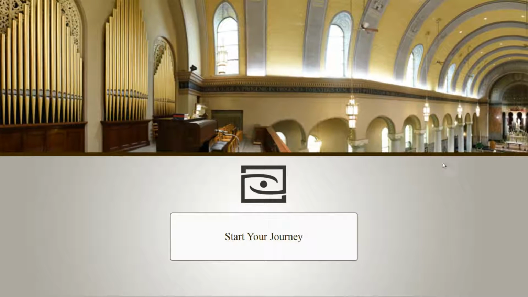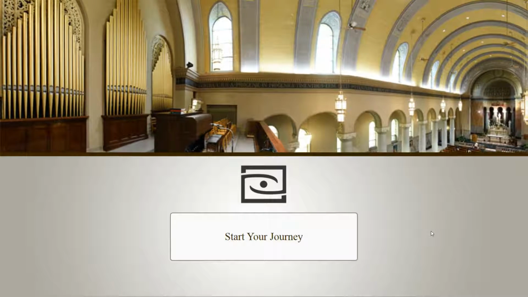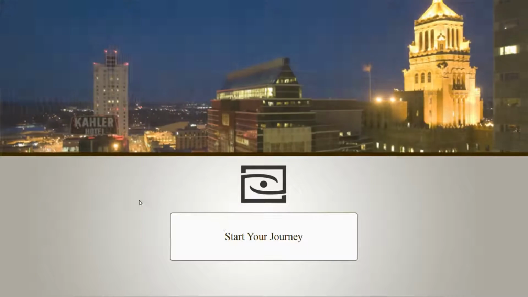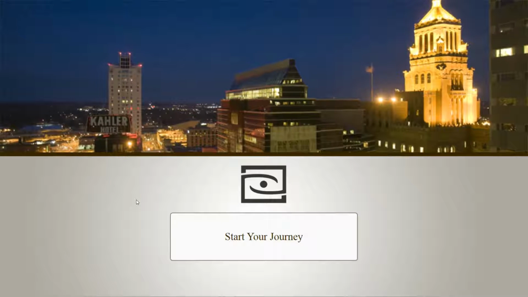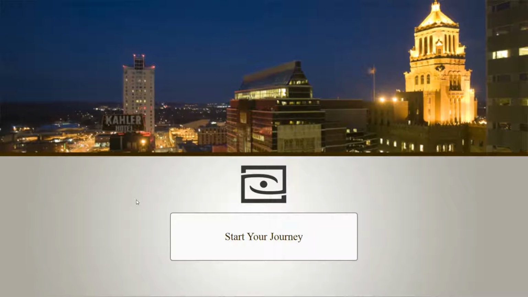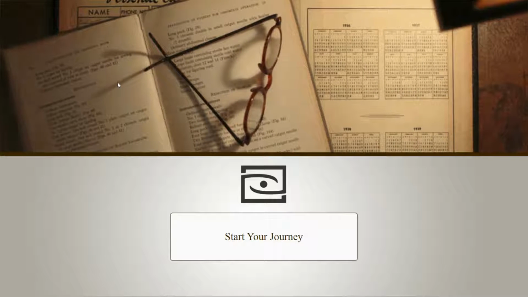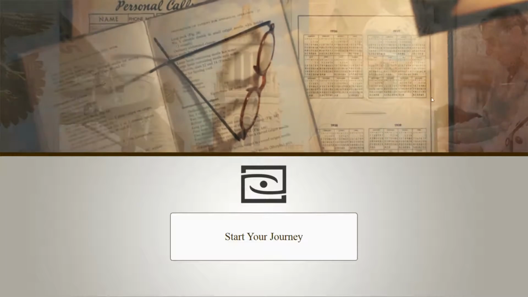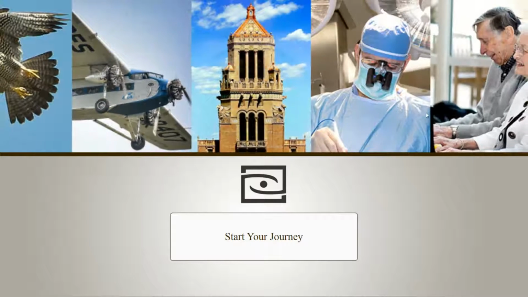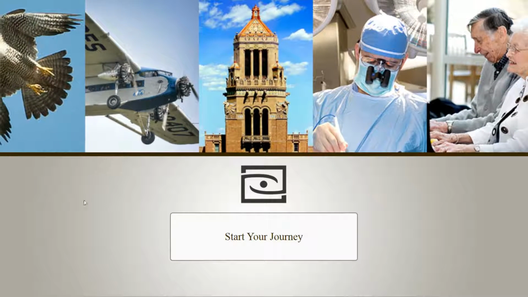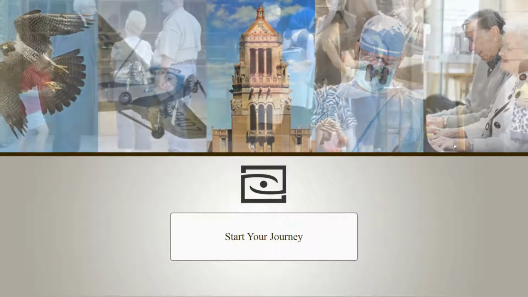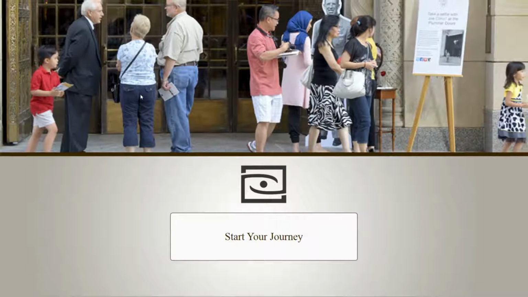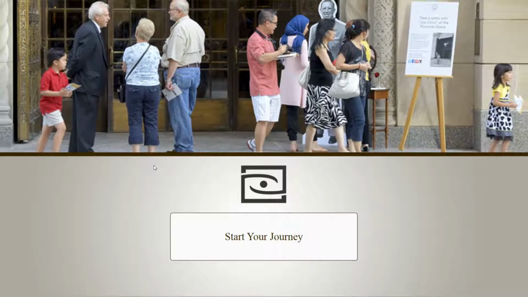What you're looking at right now is often called the idle loop or an attractor loop. This is a screen that will come up when the screen has not been touched in a little while. It is really meant to draw people in and get them to interact with the screen. What you see above here is just a half-page slideshow of different images. This can be a full screen slideshow of images as well, or it could be a video that plays, or